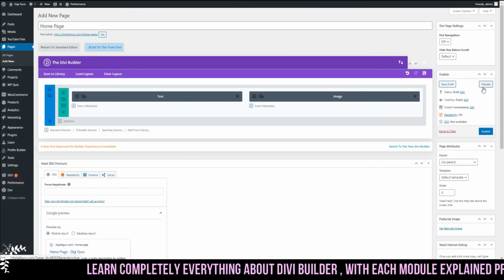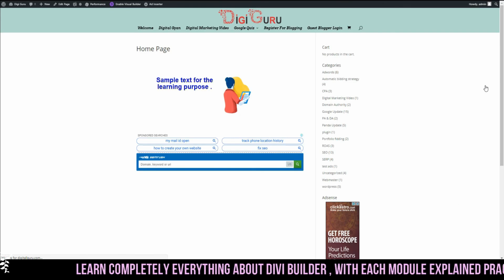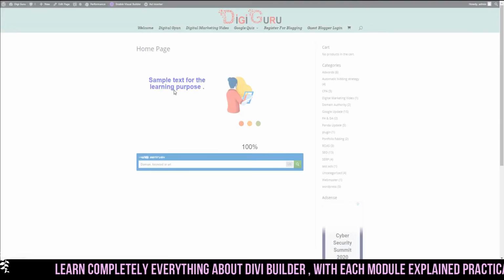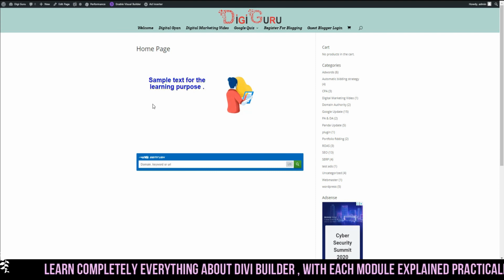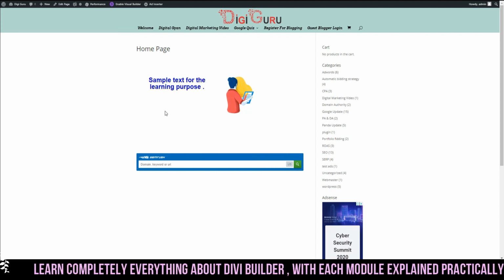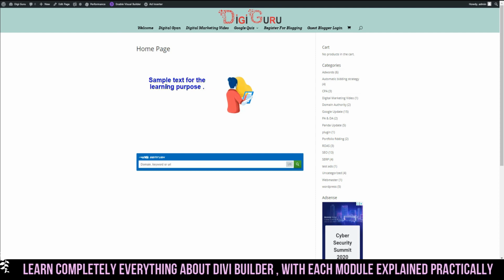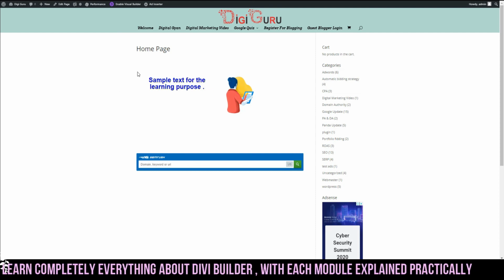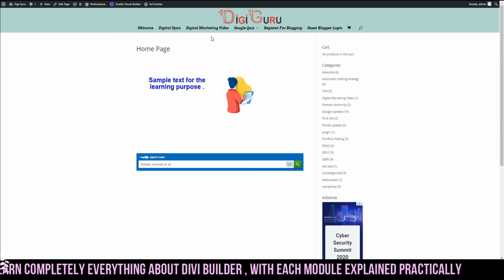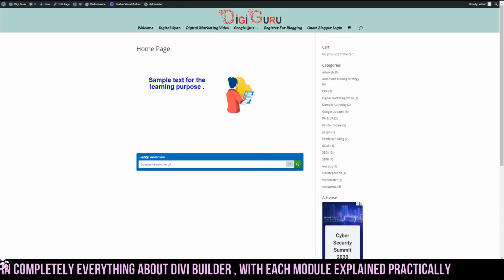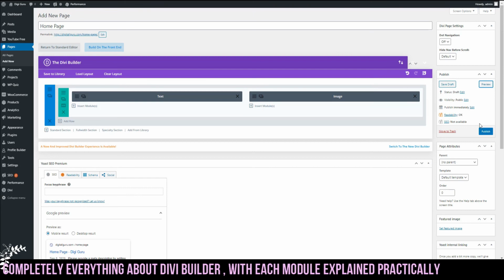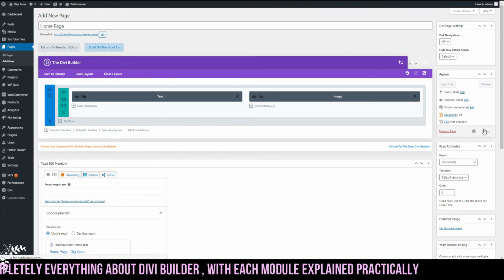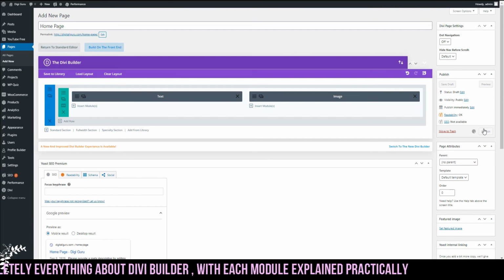And now let's preview. Earlier it was appearing like this. Now the moment we have increased the space, the projection is a little better, but still the actual projection what it should have appeared is not appearing. So in order to make this exact page appear the way it should have appeared, I need to again go back and publish this page. Once I've published this page,